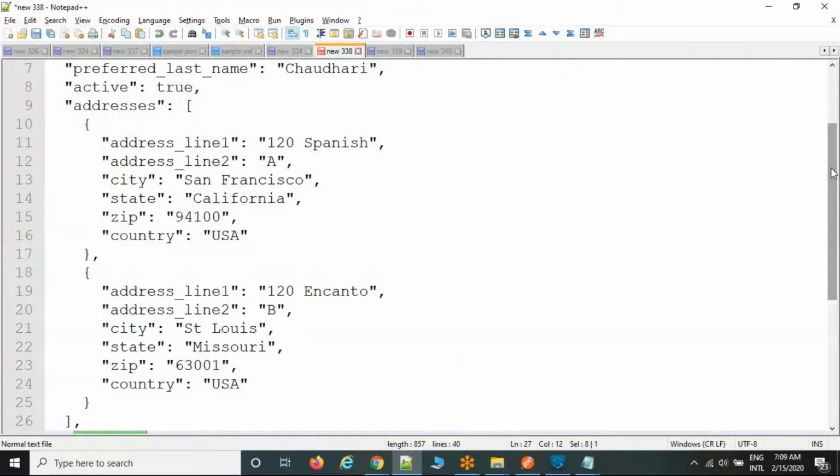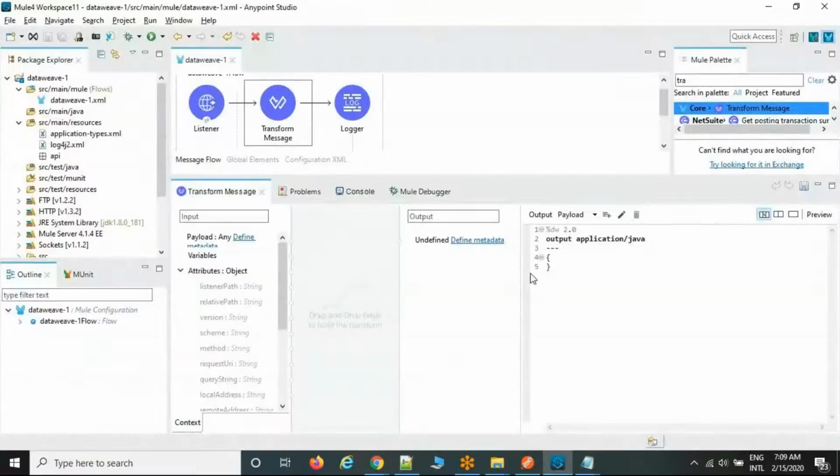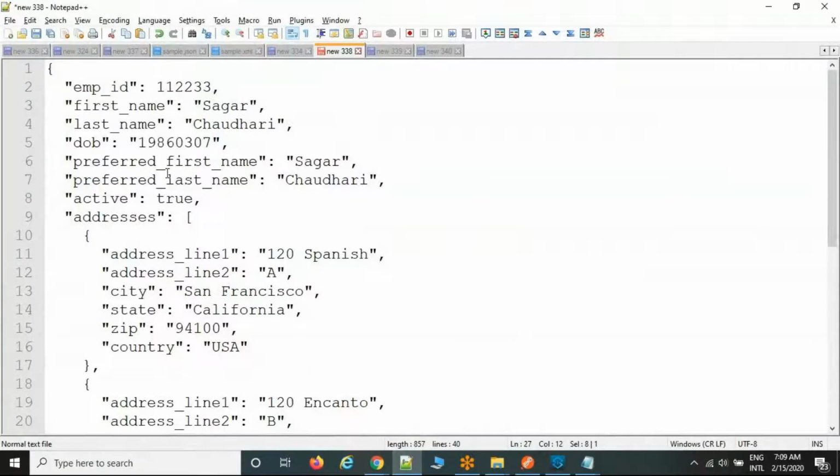So how to write? First of all, the transformation they are requesting is JSON to JSON. Now by default Java is available. The first point, you can modify as a JSON. The second point, as I told you, is whether it is a list or a single object. I have gone through the file. There is no list, only a single object. Then how to write? Just take this element. This is the key and this is the value.